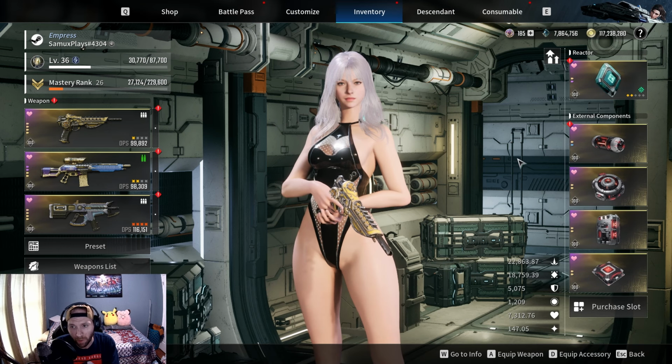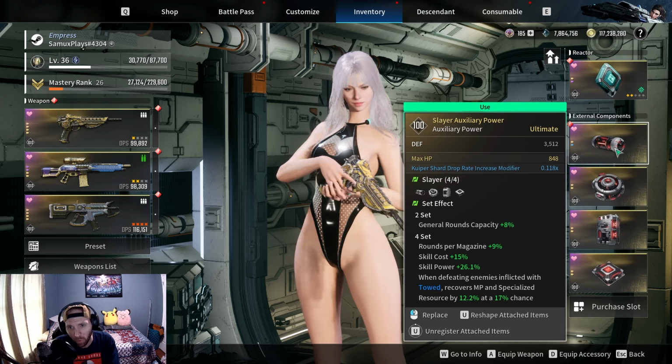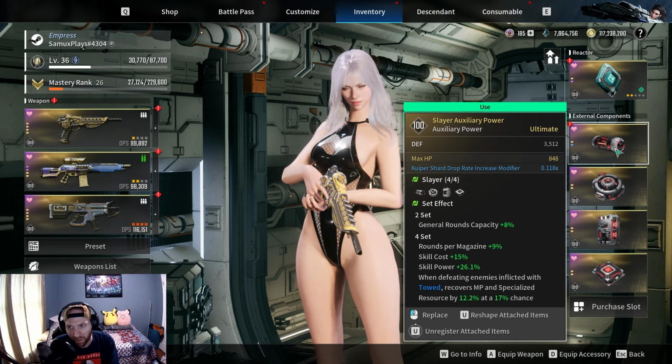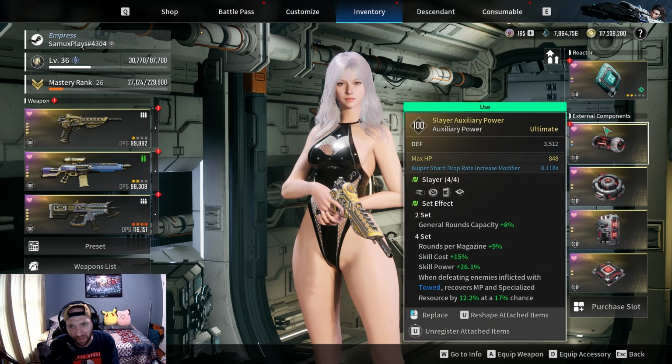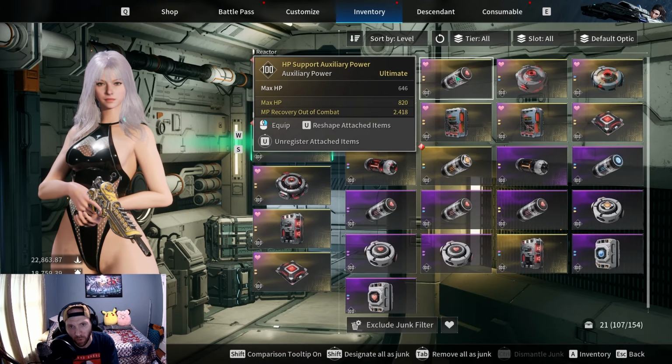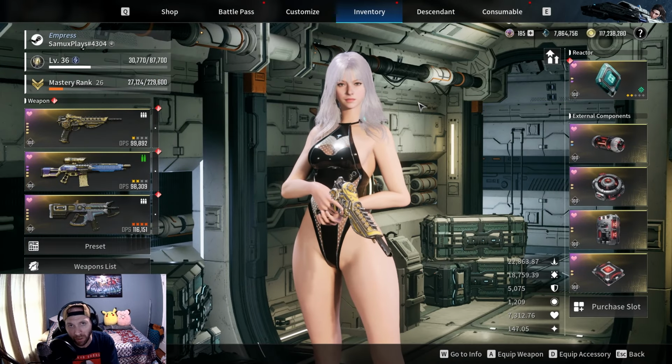For the external components, all you really need is some externals with MP recovery in combat like this, and then ideally you would want MP recovery out of combat on this one. However, I don't have a Slayer piece that has MP recovery in combat, which is why I usually use this, like a double roll max HP. However, I was just using this to give me extra damage. The Slayer